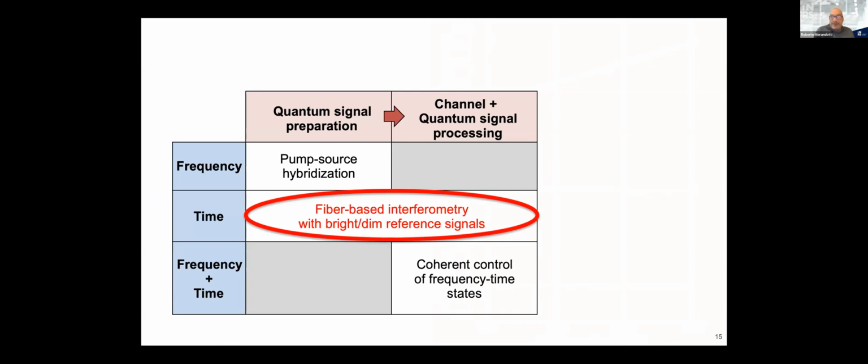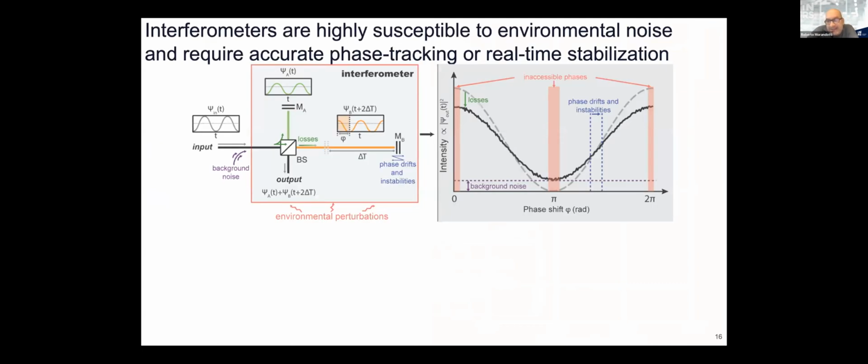Then if you want to do some serious operation in the time domain, we need to develop an interferometer that works as we wish. And by the way, these interferometers are very fascinating machines. They're very easy to explain. Basically you have two arms, and by changing the length of the arms, you split the signal in two, and there is interference. Ideally, you go from 1 to 0 in this kind of periodical behavior. But of course, because of real life constraints, you have background noise, phase drift and instability, and losses, so things are not so perfect.